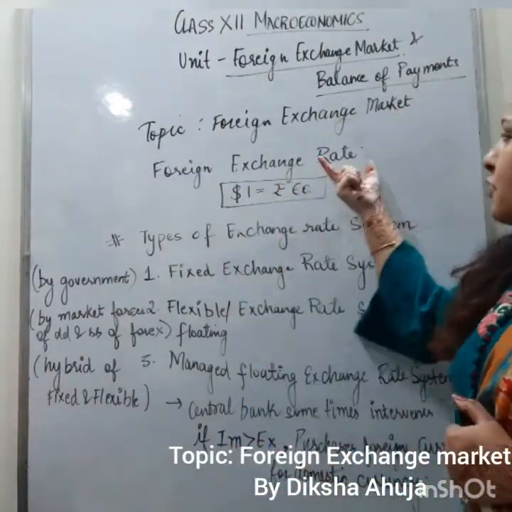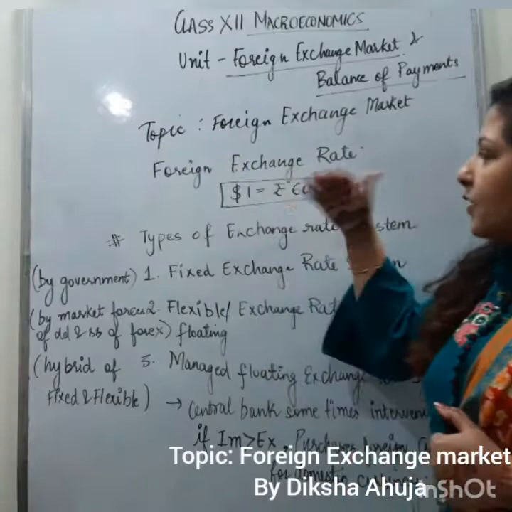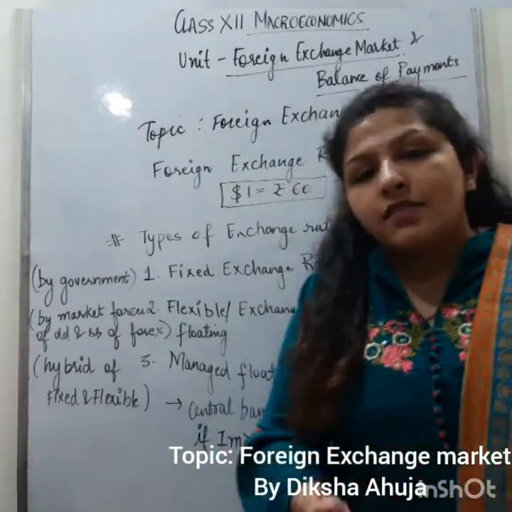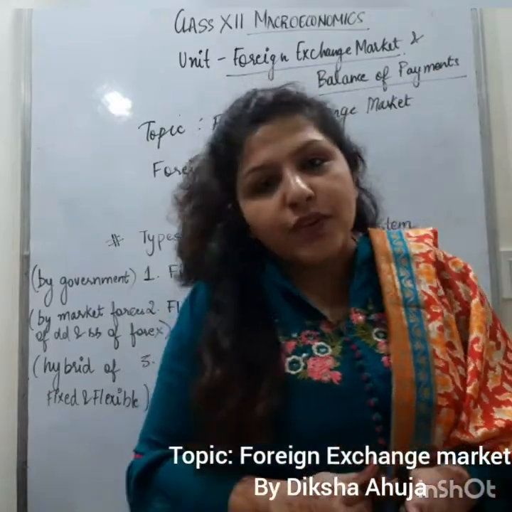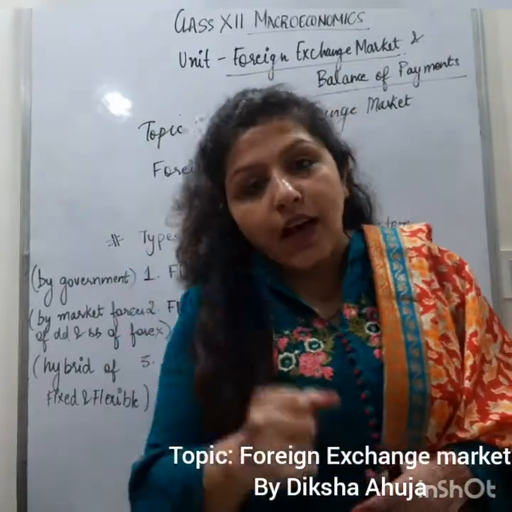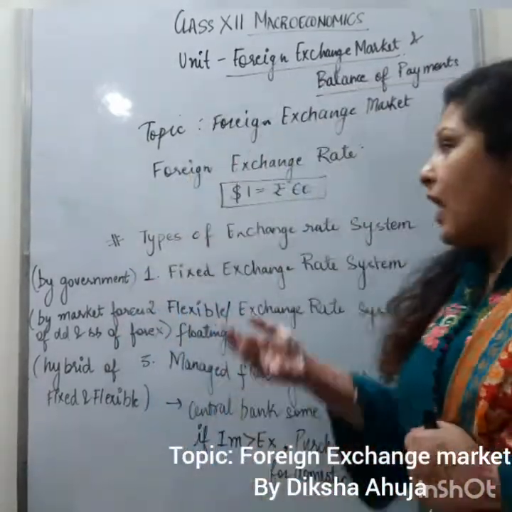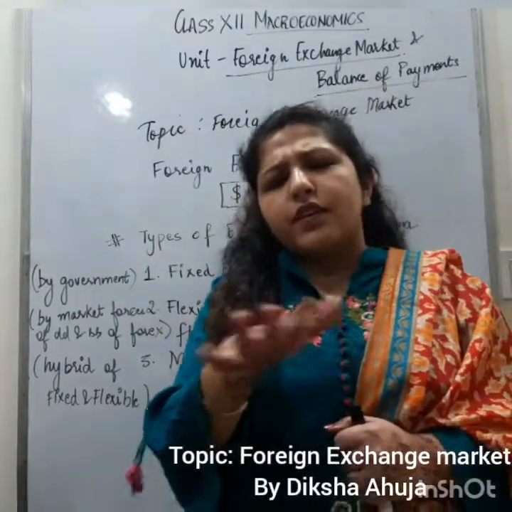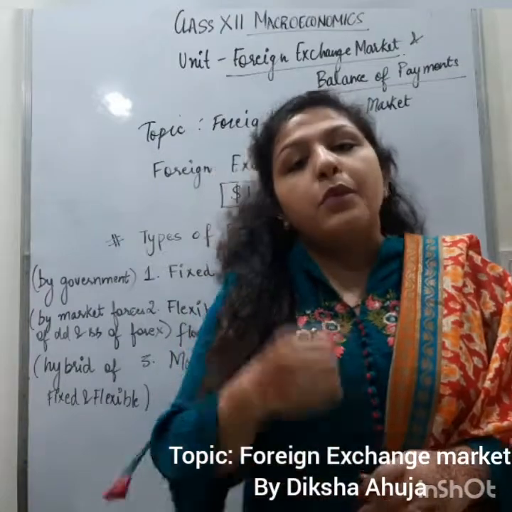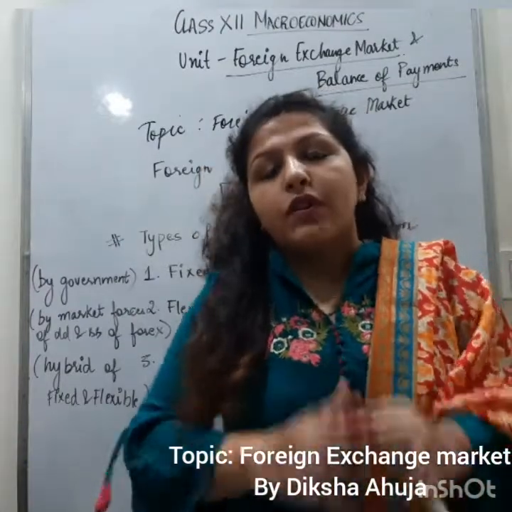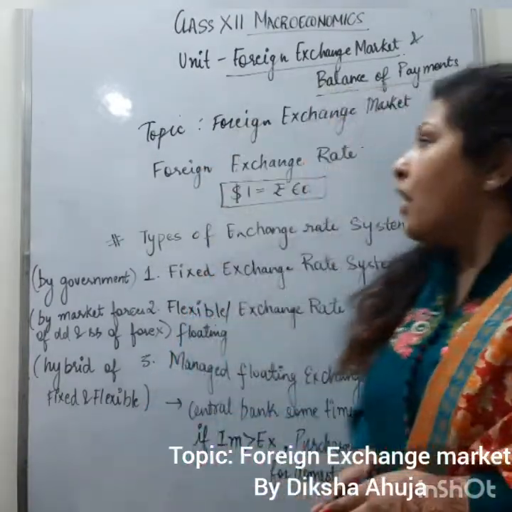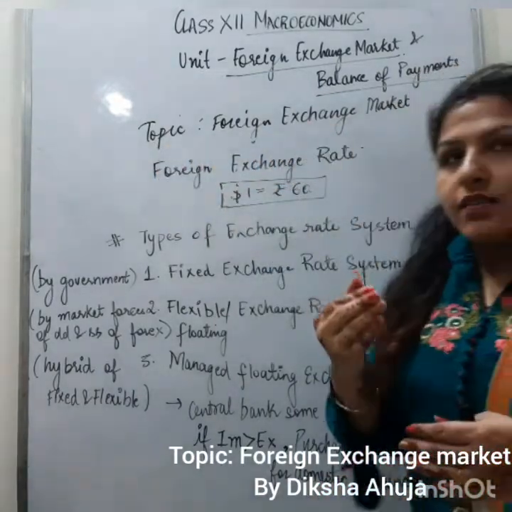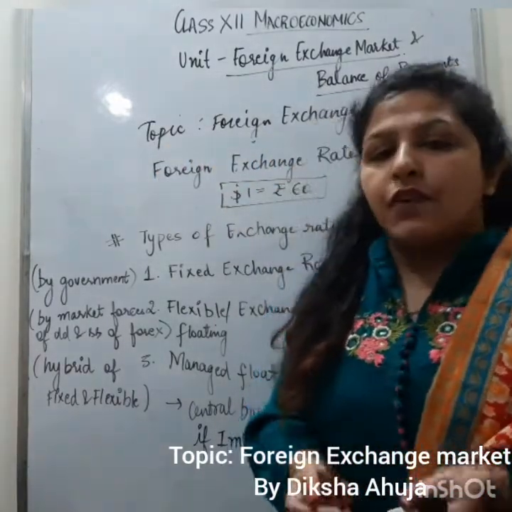Before this you should know what foreign exchange means. Then only we'll be able to know what the rate is. Foreign exchange means the other currency. It can be anything, and you should know that the Kuwaiti dinar has the highest value. As we say, $1 goes to 70, 80 or 90; it's going at 70 to 72 nowadays. So it fluctuates. Why it fluctuates, we'll learn in this video. Foreign exchange means the other currency, let's say dollars.